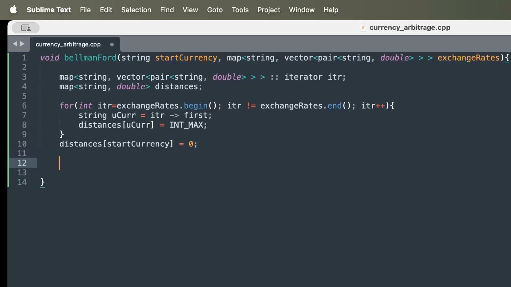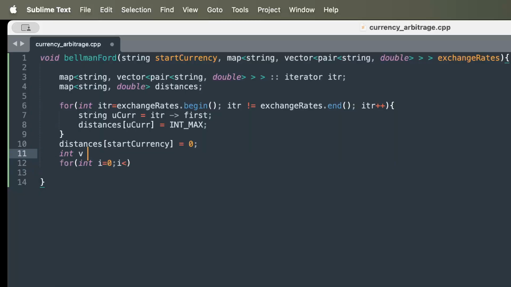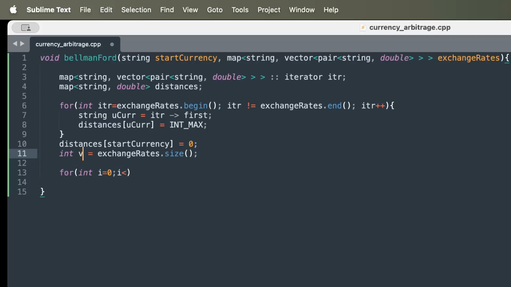Now, as I said, we are going to run V minus 1 iterations, and within each iteration, for each edge, we would be trying to see the relaxation. Now, I'm not sure if you are aware, but Bellman Ford is an algorithm which tries to find the shortest distance from the starting node. So that's what we're going to do here. Let's say you have V as exchange rates dot size. V represents the total number of currencies. I'm going to run the outer loop V minus 1 time. Now for each edge,